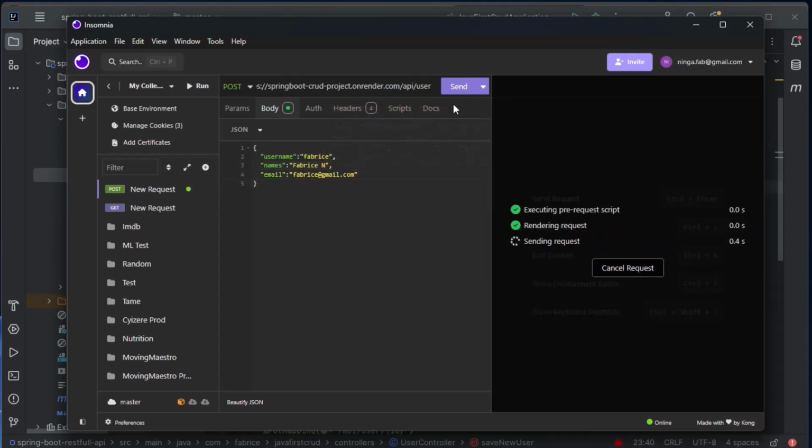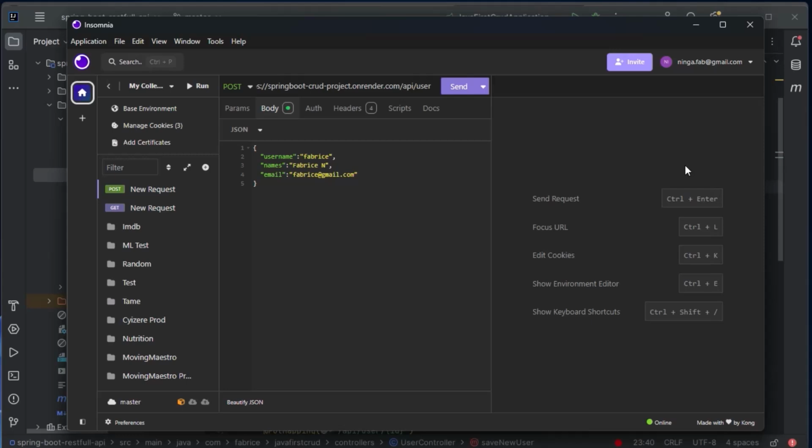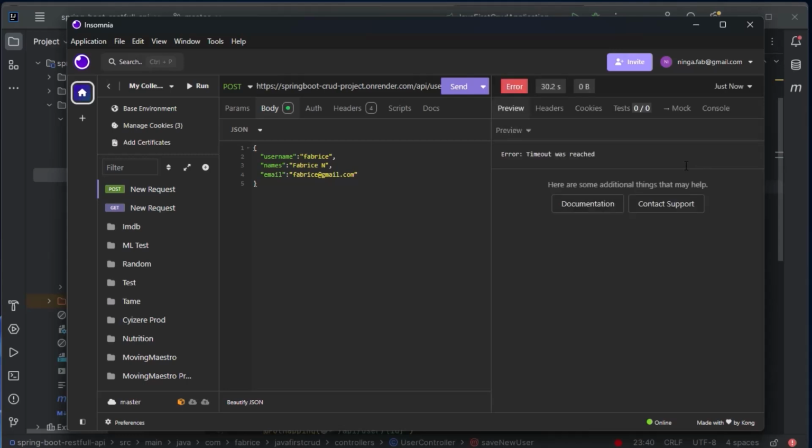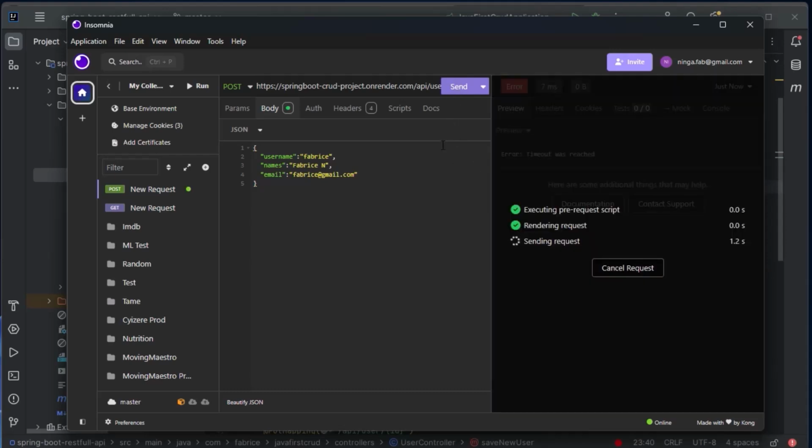And because we are accessing our application for the first time, it is going to take almost 1 minute, but after Render has restarted or rebooted our application, the next requests will be much faster than this first request. So if you are not happy with this one, just go ahead and upgrade to a paid version. Okay, timeout was reached. Let me send the request once more.